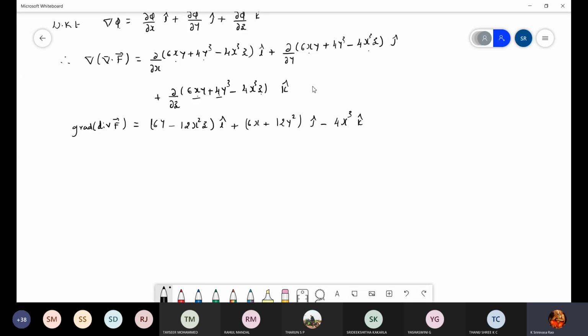I hope you understand how to solve these problems. So it's a combination: divergence, gradient, and curl. In these three, they will merge and ask questions. You should understand when we have to apply divergence. Divergence is only applied to a vector. Gradient is only applied to a scalar. Curl is only applied to a vector again. Okay, so this is the way. Got it? Any doubt?